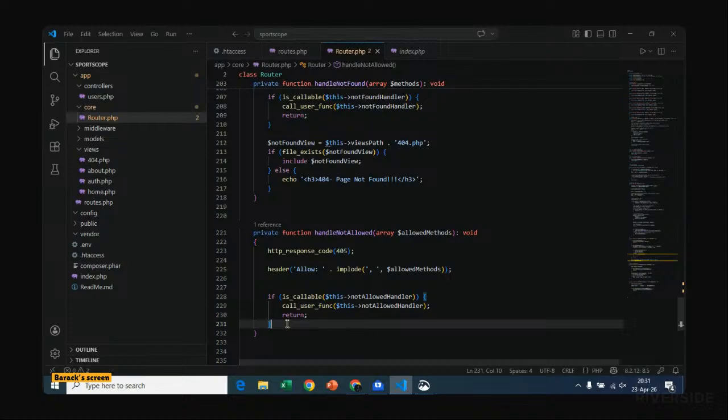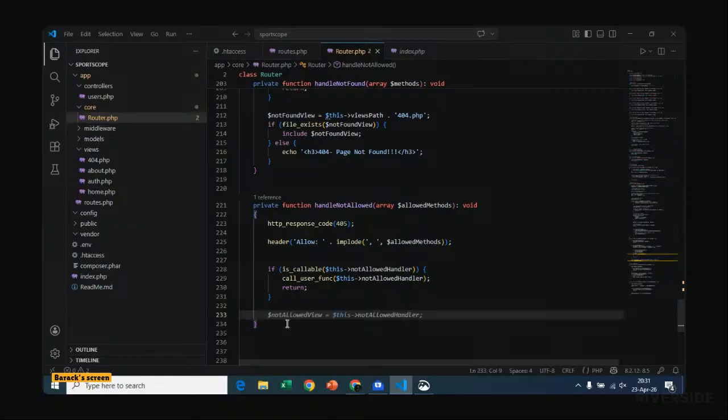So is it callable? If it is not callable, then we need to call the function. User function not allowed handler, then we return. Otherwise, the default inline response should be echo